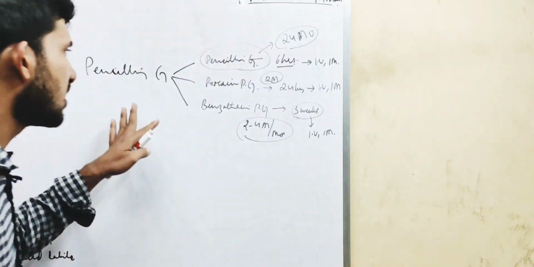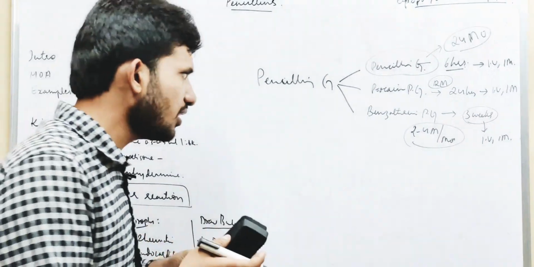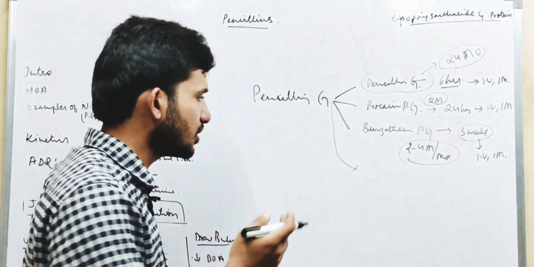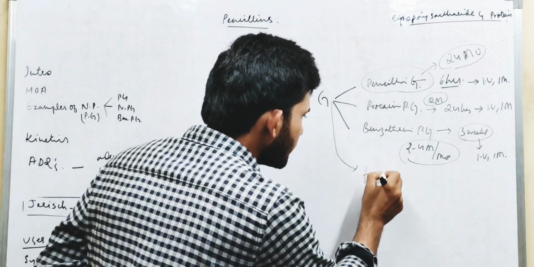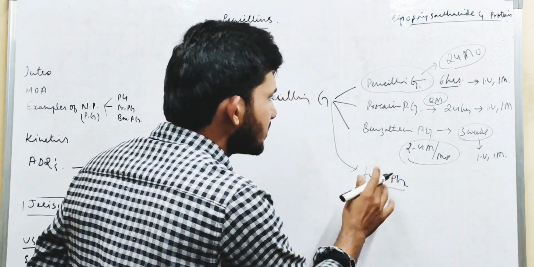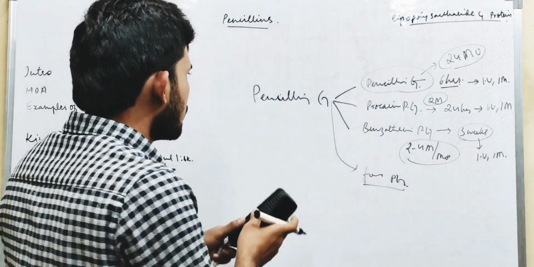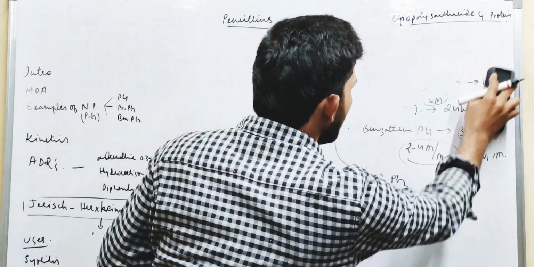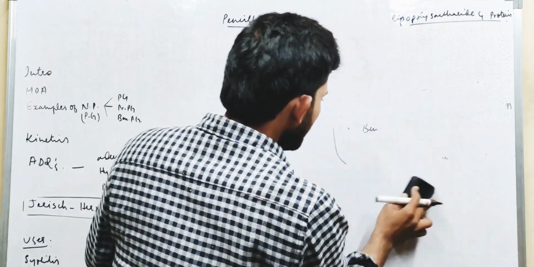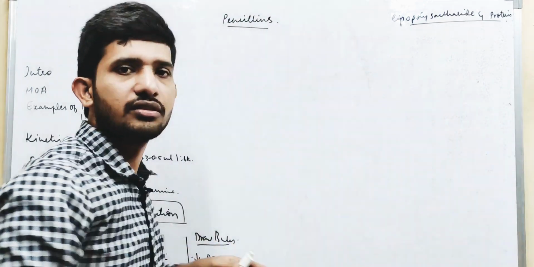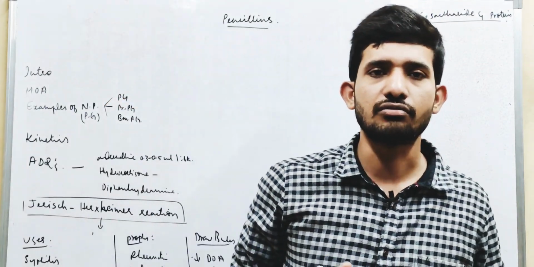So this is the natural penicillin, and even in penicillin G we have another preparation. Usually it is a combination, so it is called fortified penicillin G, and in that we have procaine penicillin and penicillin G in combination. Okay, so this is a natural penicillin, and listen guys, let us try to understand the pharmacokinetics of penicillins, especially